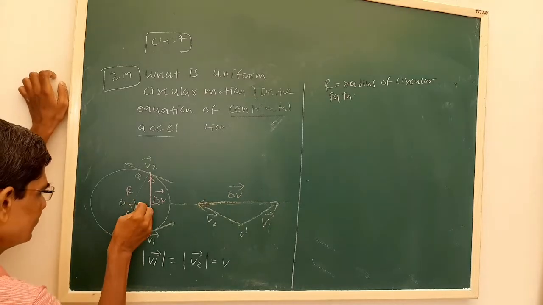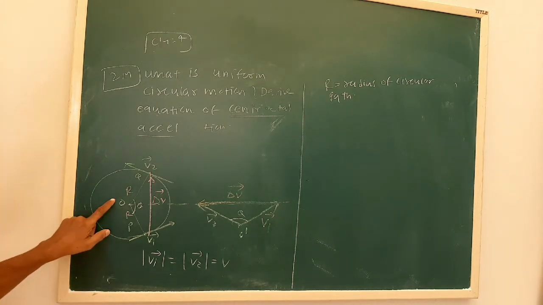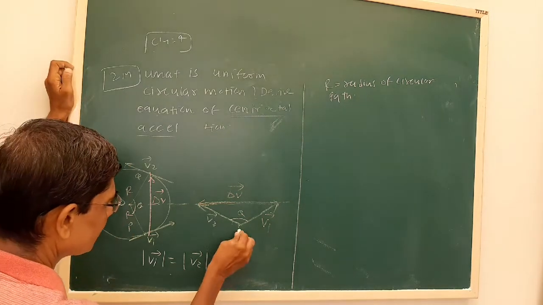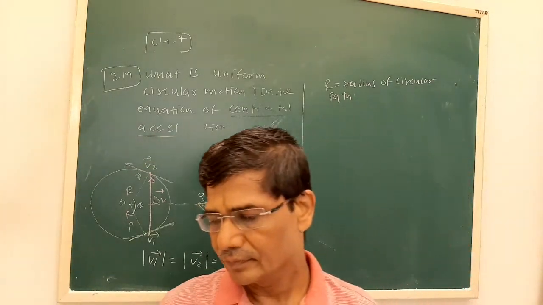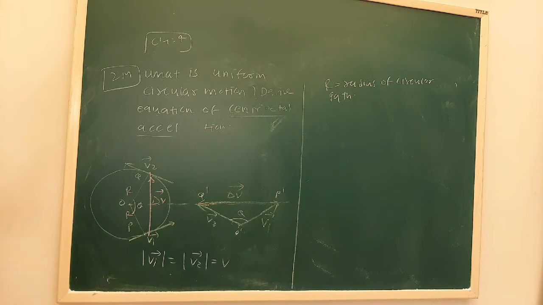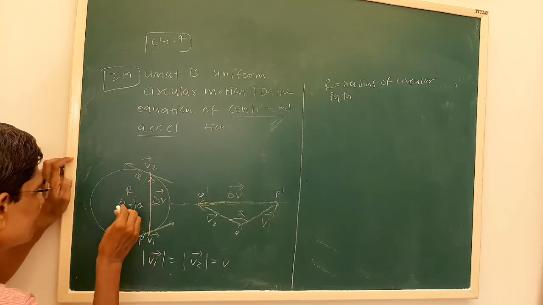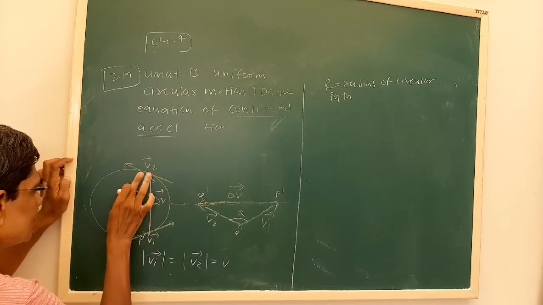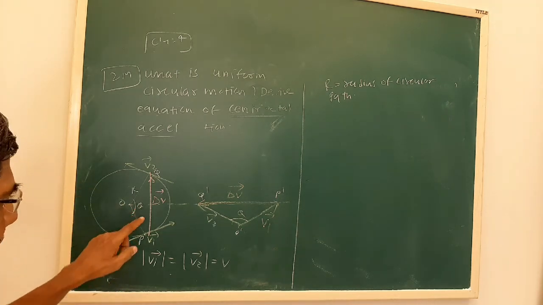Now let us say this theta and theta are the same. Now see, consider the geometry of the triangle OPQ and O dash, P dash and Q dash. In the earlier standard you studied the similarity of triangles. See how we are going to use that here. P is the position, R is the radius. Here also R is the radius, Q is the final position. So in triangle OPQ, R and R are the radii, theta is the angle.